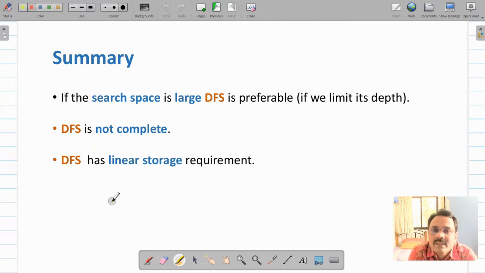So let us summarize this depth first search algorithm. If search space is large, this depth first search is preferable if you limit depth while traversing that search space. Algorithm is not complete. Also, we have seen in terms of space requirement, algorithm is attractive because it requires linear storage.